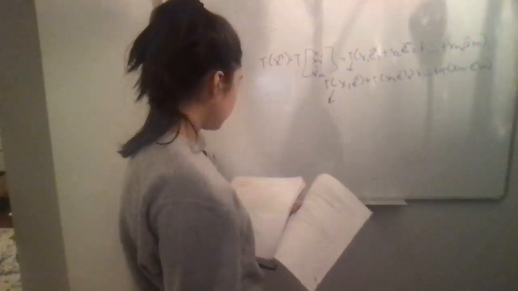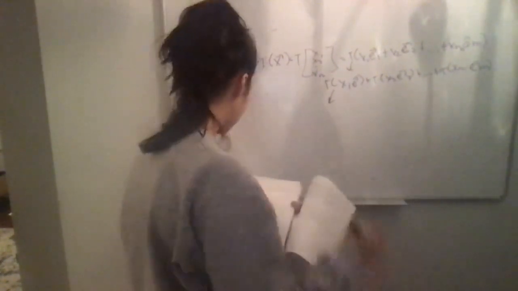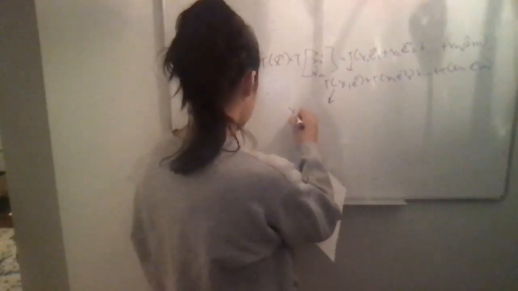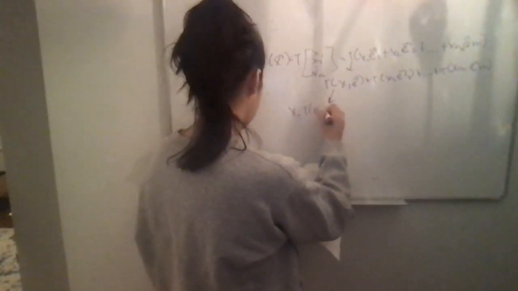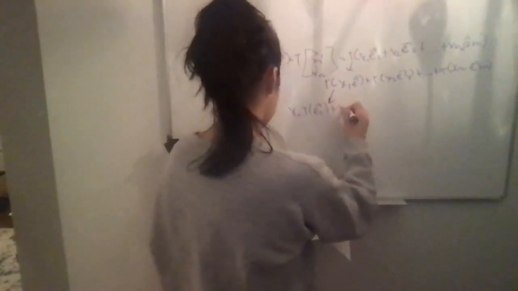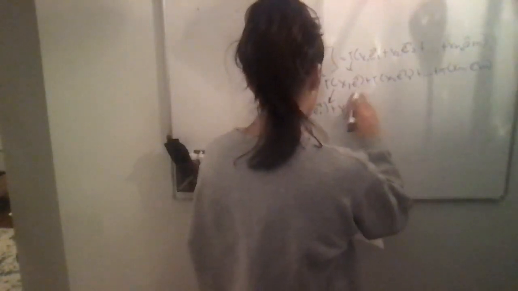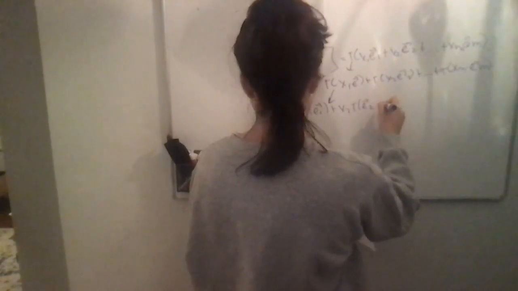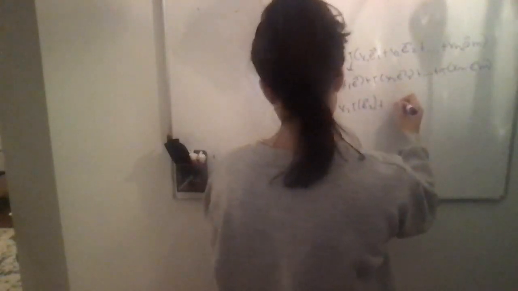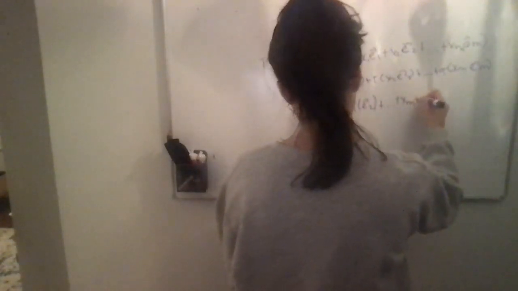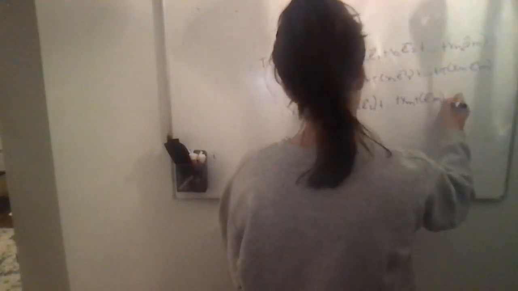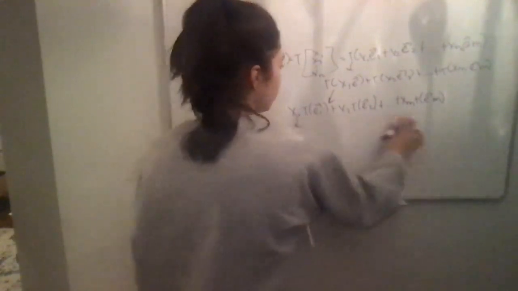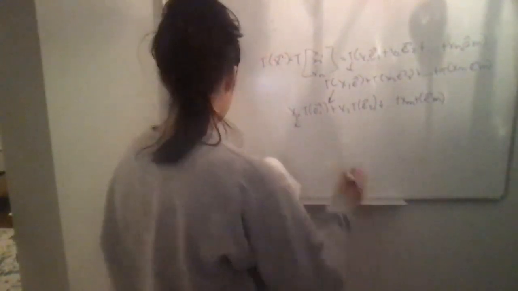But then we've used property B because we say x1 times T of e1, and so on. This is by B. Now that we have it in this form, we can finally convert into